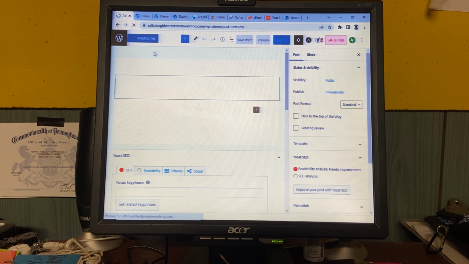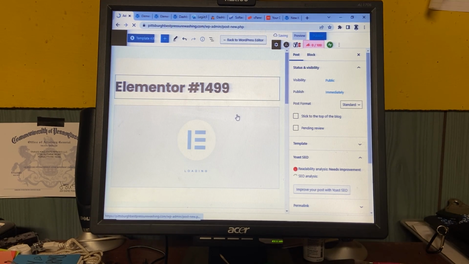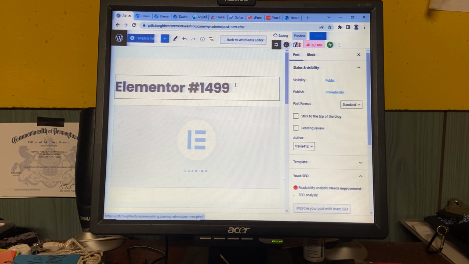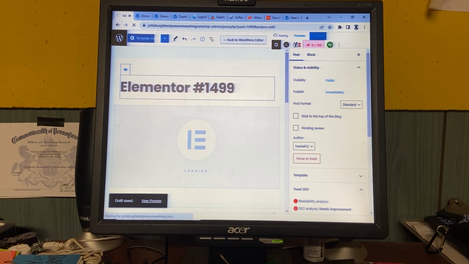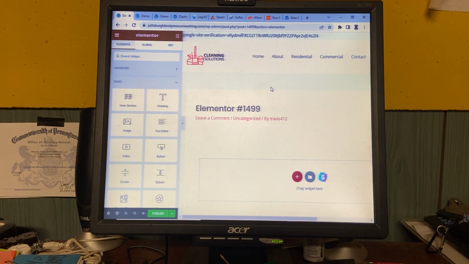And again, I like to do it with Elementor, edit with Elementor. And you would want to switch out the name and everything. I should probably show you how to do that too on the main page, just because it is very helpful.